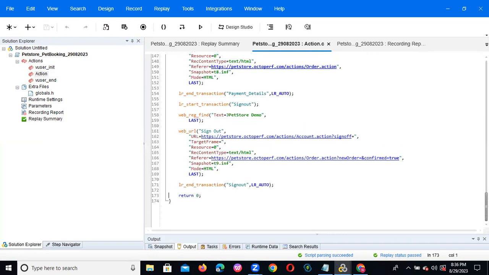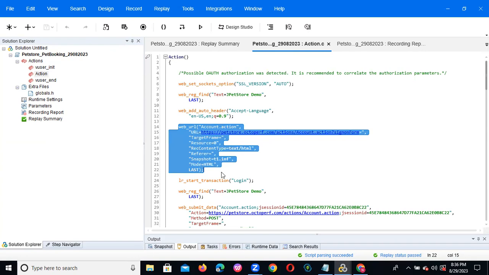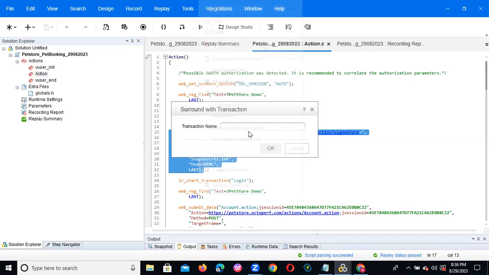What happens is, when you record, the first time it opens automatically. That is why we did not provide a transaction name. If you do not give a start transaction and end transaction, it does not measure that particular response time. That is the purpose of start and end transactions: to measure a particular transaction's response time, we need to give the start and end. So now we need to provide this launch URL. If you want to provide it manually, we can. Just surround it with the transaction and give it the name launch URL,